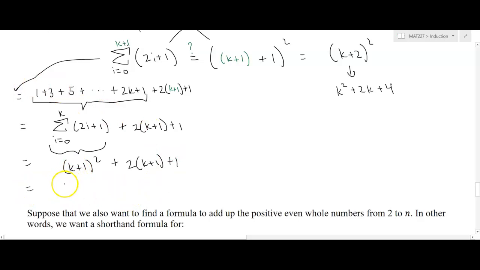And so if I FOIL this out, I'll have k squared plus 2k plus 1. Here when I distribute, I'll have 2k plus 2 plus 1. And when I add those together, I have a 2k and a 2k there. So that's k squared plus 4k. And then I have